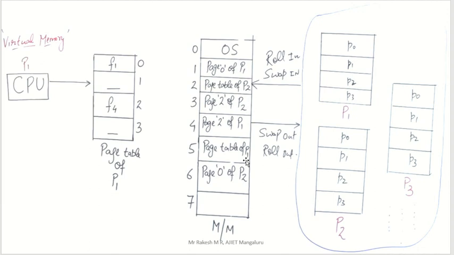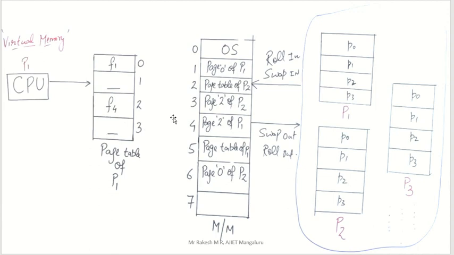An easy process is there, called page replacement. What do you mean by page replacement? In this entire memory, any one of the pages we have to take into secondary memory. At that time, that particular block is free. Now we are going to take whichever page we want into that free space. This is called page replacement. See, now I want page 3.